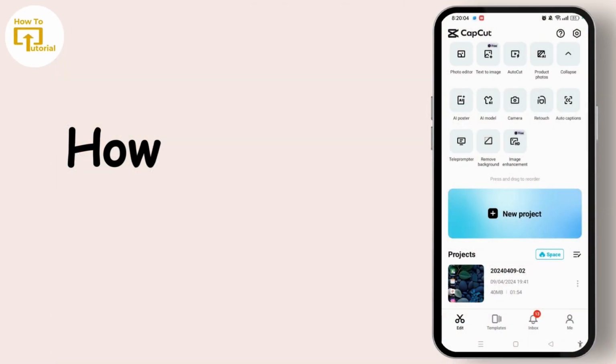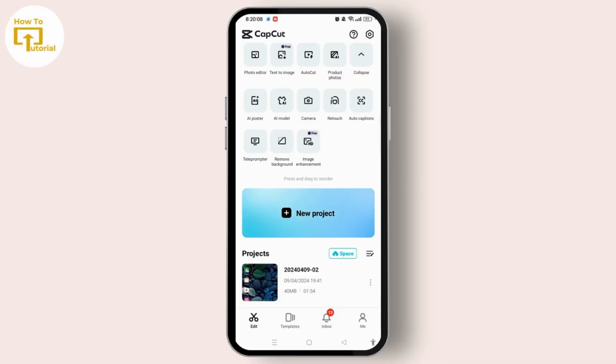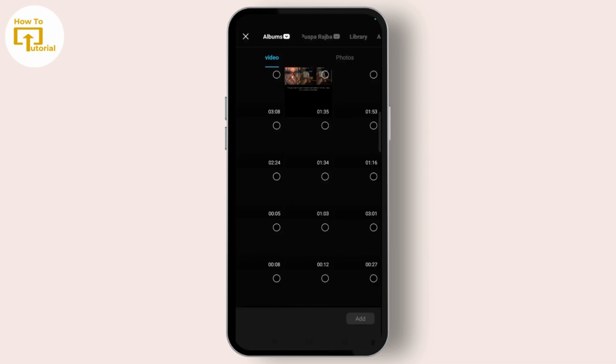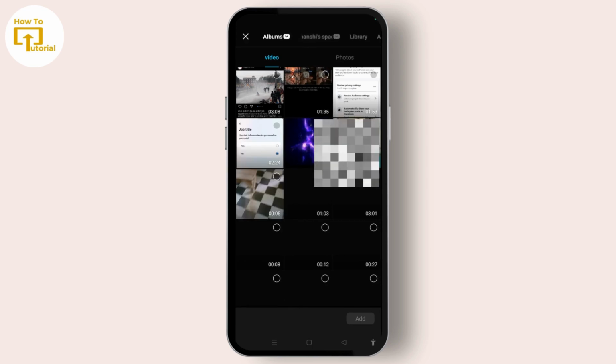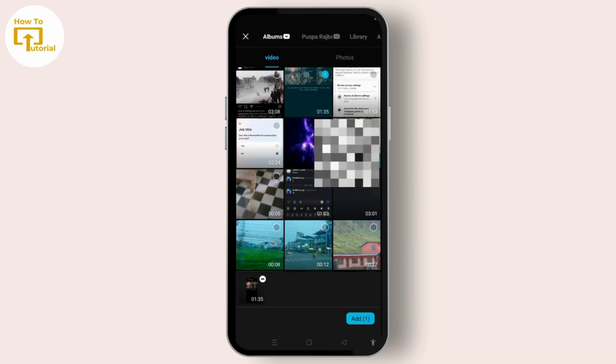Today I will guide you how to add audio spectrum in CapCut. For that you need to open the CapCut application and tap on new project to open new project on CapCut. After that you need to select any new video that you want to add audio spectrum on. After you have selected, tap on add button, which is at the bottom right corner of the screen, and once